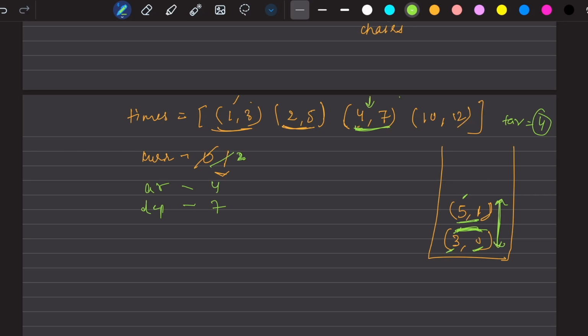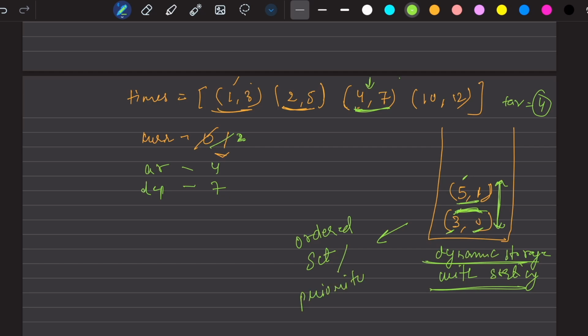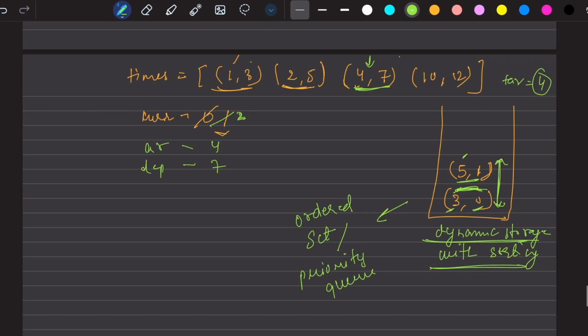So somewhere you need to also sort this based on this departure time. And this is a dynamic storage, right? Dynamic storage, so basically a dynamic storage with sorting. Now what should this storage be? The best storage should be either an ordered set, basically not a hash set, an ordered set, or the best that we can use is always a priority queue. Okay, this priority queue, where if you see, we set the priority to the minimum, so whenever we add this value, what will it become,